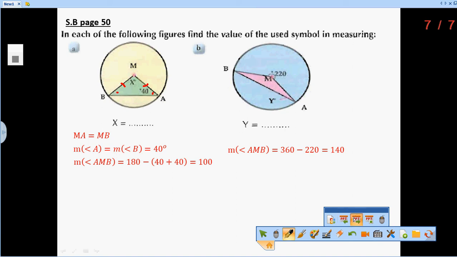Like this. We know that MA equals MB. The measure of angle A equals the measure of angle B, 180 minus 140 over 2, which equals 40 over 2, equal to